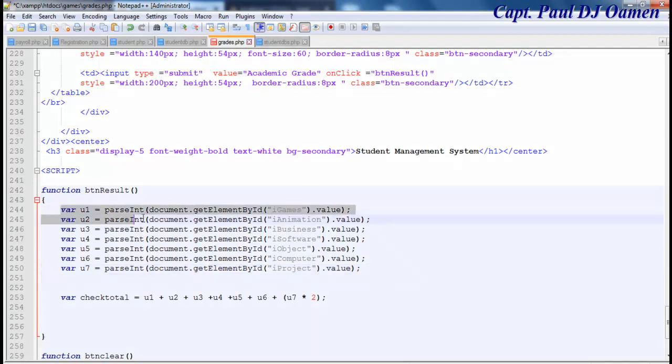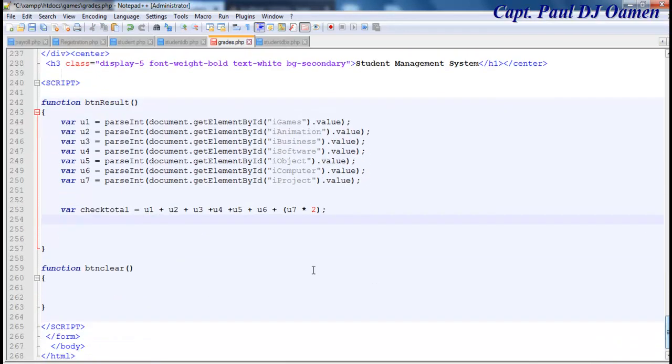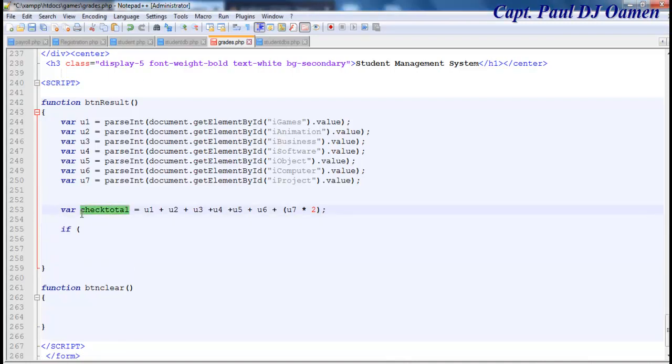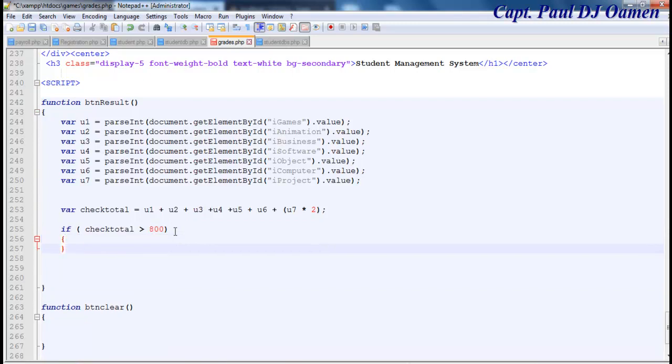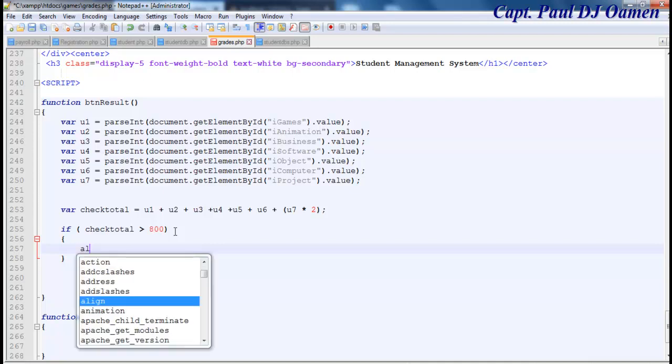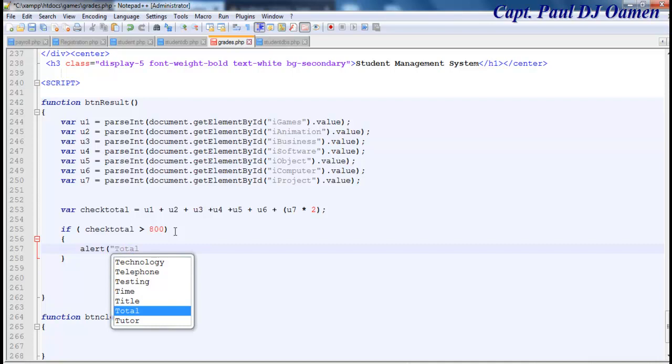Right, I now have all of my data in place. Now I'm going to use a conditional statement to validate the selection made. To achieve that, the first thing I like to do is if check total. So the overall total should not be more than 800. If check total is greater than 800, then we want it either to alert the user. Let's say alert, let's just say total